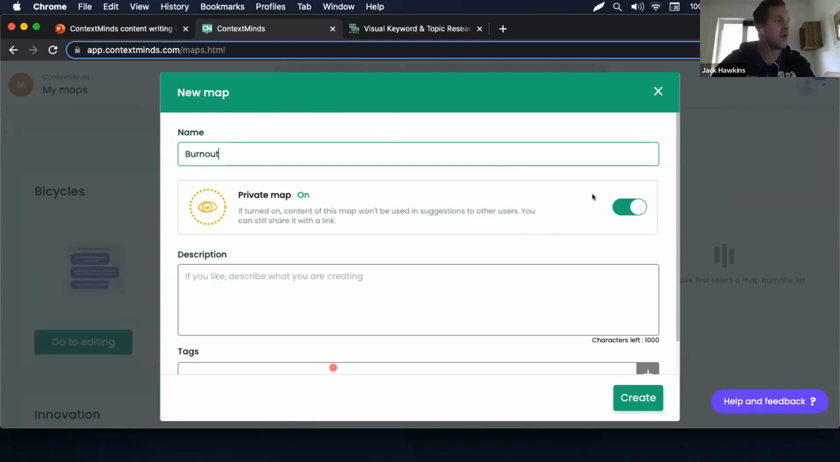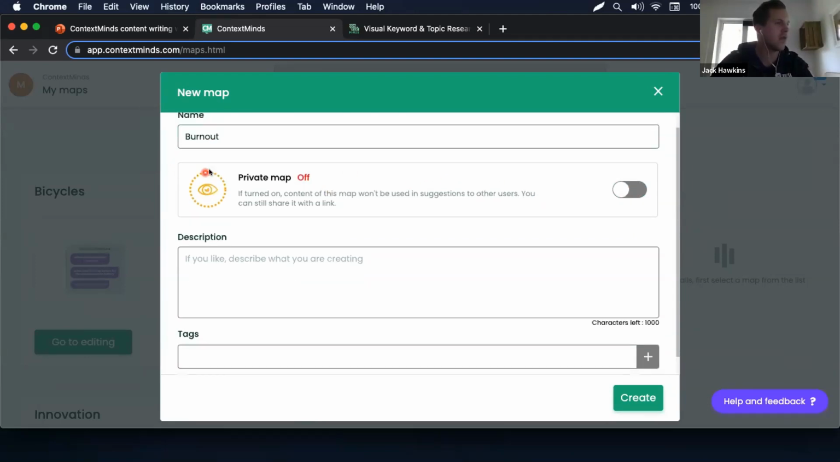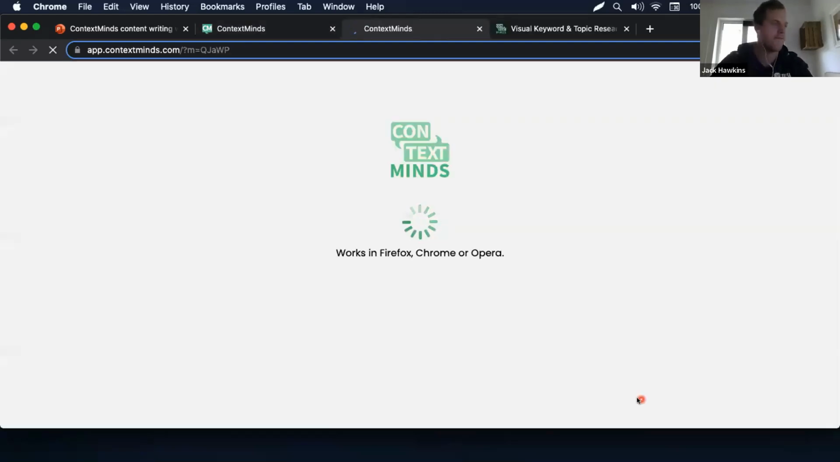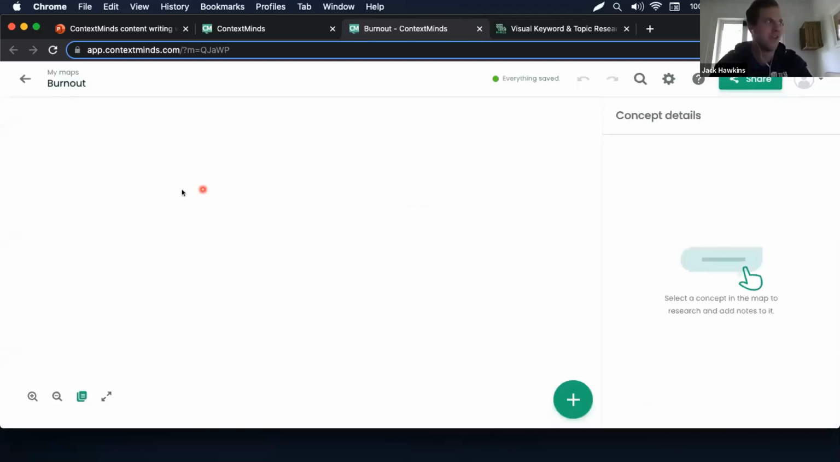When you're making this, you can set it as private or not, and that just means whether it's shared with the wider community as a whole. And we'll show you how you can search for other people's maps later on. We'll leave this as public, and we'll create, and that opens up the app. The app is quick, my internet is slow. Okay, so already